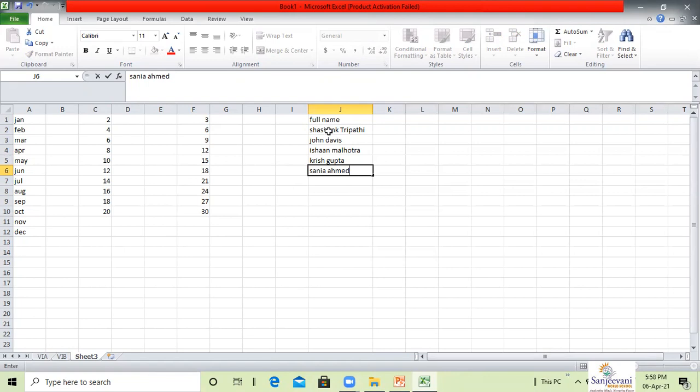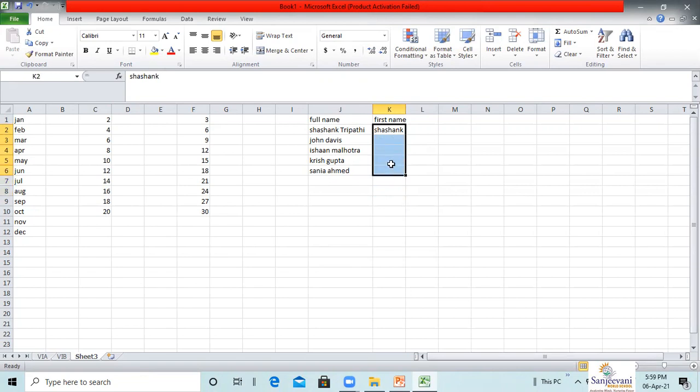What is flash fill? It is a feature that fills the data in the cell by picking up the pattern that has been set. So I'll just write first names to be displayed. I want only the first name, so I'll write a pattern. Only Shashank, I'll write it over here. Type the first name of the person in the first cell. Select the range of cells to be filled, including the first cell in which the pattern is set.